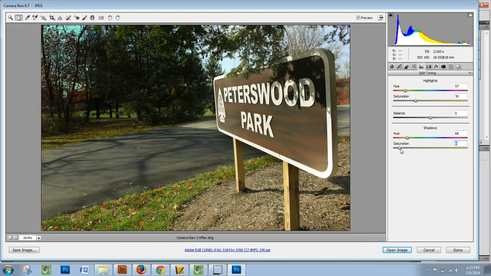So again, very much like white balance, some of these changes with the adjustment brush and the split toning are very subjective. So it depends on what you like and what you see. Now please remember, I can either hit save image and just save over top of the name I've given it already. I can hit done, which will also save it, which is what we're going to do. If I hit cancel, it will not save any of the edits that I made. If I hit open image, it will open into Photoshop if I wanted to do further Photoshop edits, but it would save all the things that we did here in the RAW editor. So I'm just going to hit done,